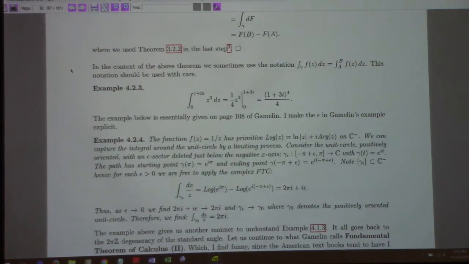Now, this one's a little bit more interesting. 1 over z, all right? It has a primitive, which means antiderivative in the language of the book I was paralleling here, mirroring, of log z, which is the natural log of the modulus of z plus i times arg of z on C minus. Now, C minus is the complex plane with the negative real axis removed. It's a slit complex plane. And so if you consider the unit